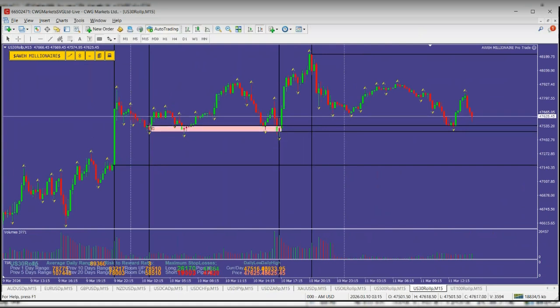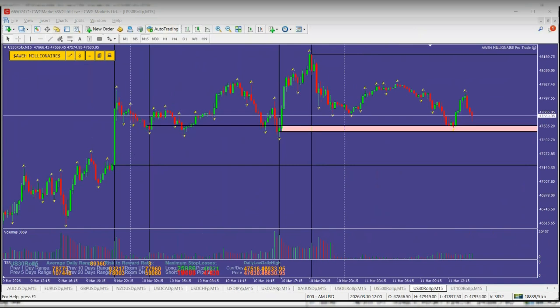So this one here and here is the zone. Draw this zone in, then go to